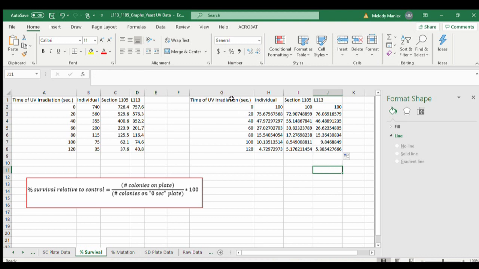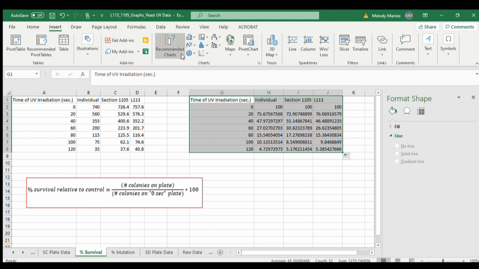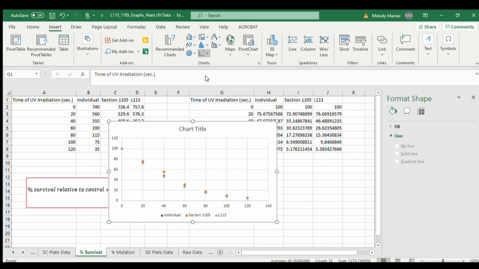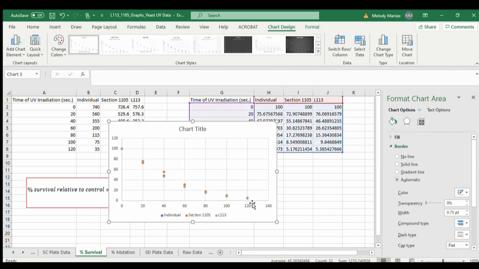And then what you can do is you just highlight all of this, go to Insert, and then you want to use the Scatter XY, or it might be called the bubble chart, and click on the dots, and this will give you your graph. And when it gives it to you, it's pretty much blank. You have to enter a title, you have to add axes. So if you click anywhere on the graph,